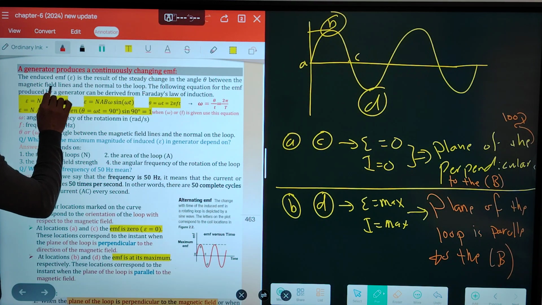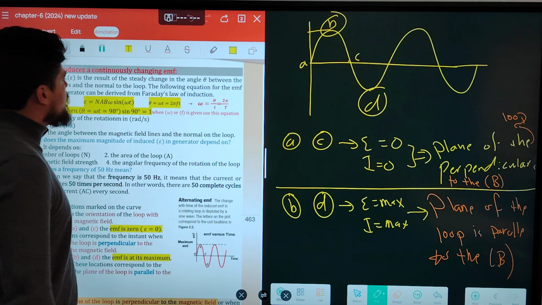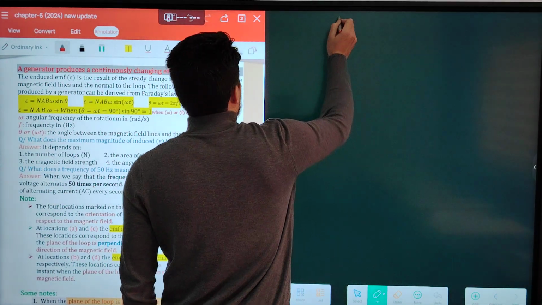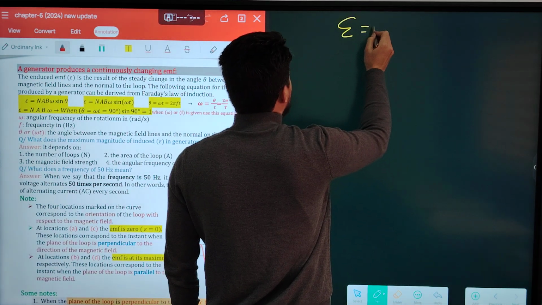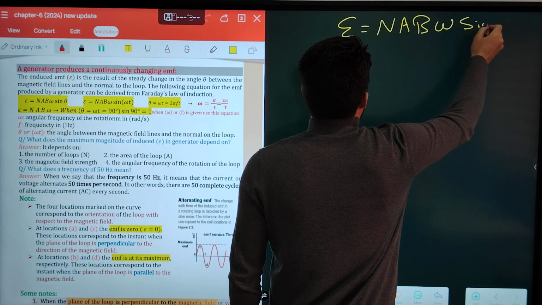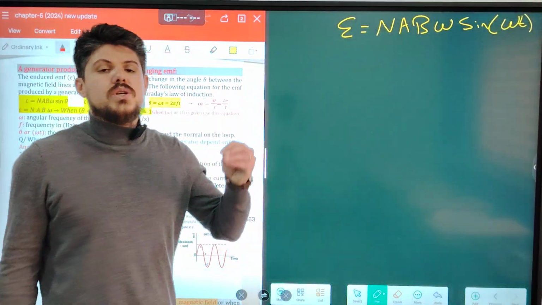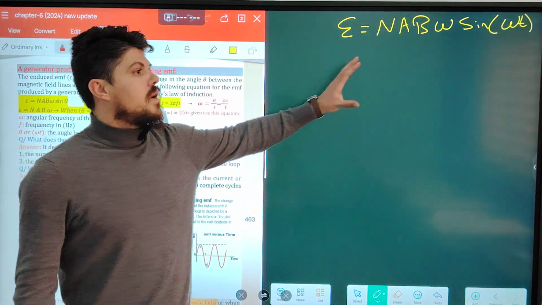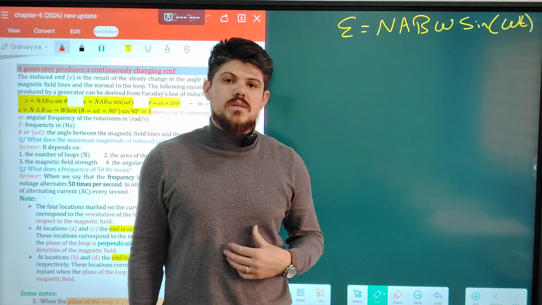The orientation between the magnetic field lines and the normal to the loop gives the following equation for the EMF produced by a generator, which can be derived from Faraday's law. Guys, for the generator, EMF is equal to N A B omega sine omega t. This is the equation of induced EMF in a generator. How can you recognize it? If the question says generator, or the angular speed or frequency is given, you have